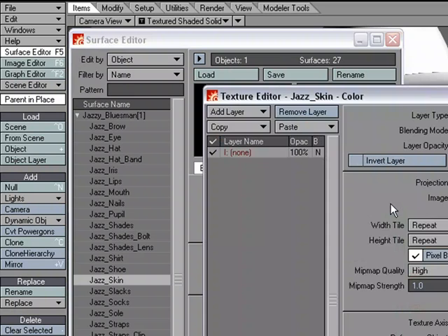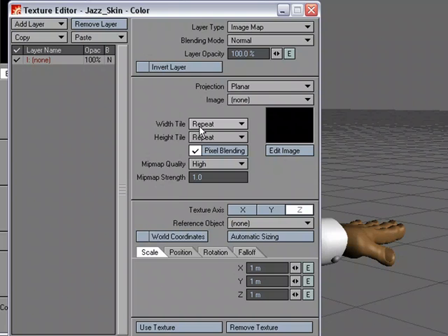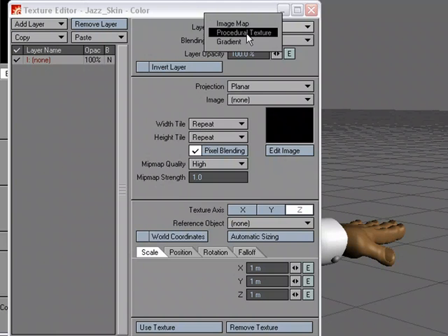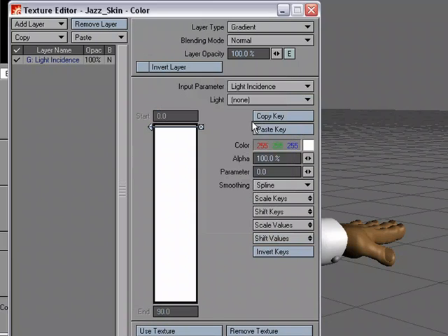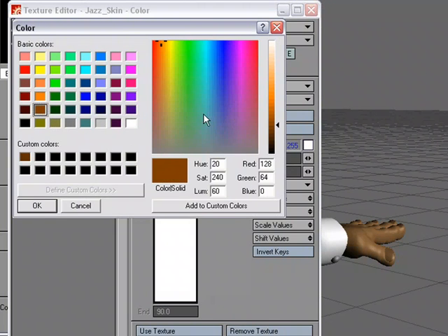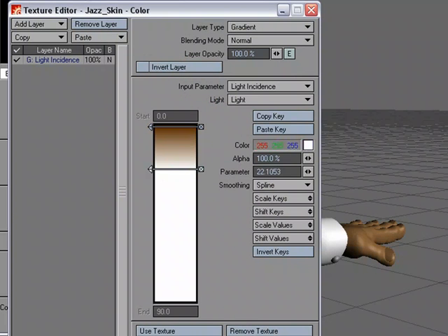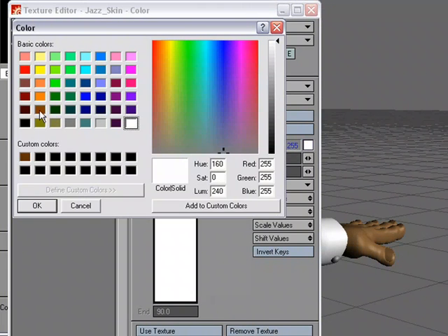So I'm going to go over to the texture editor, and I'm going to change the layer type to gradient, input parameter, light incidence, and we're going to pick the only light in the scene. Okay, and I'm just going to drop a couple different colors on here. I'm going to start with kind of a dark brown, and then let's go